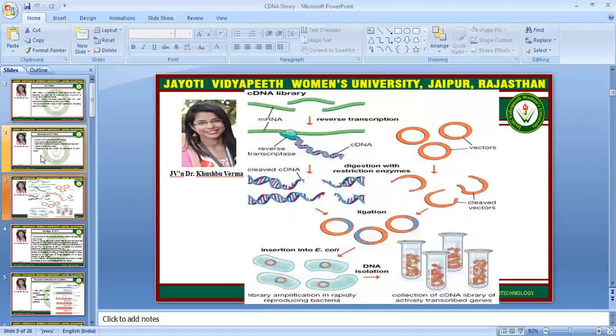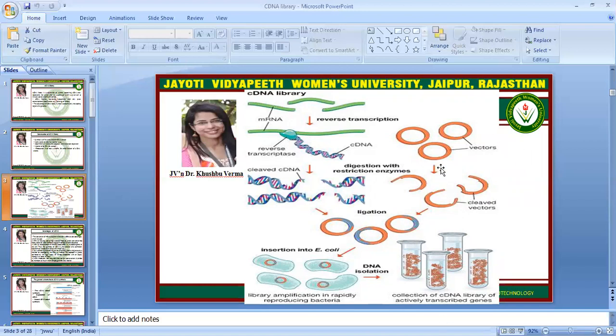This is the whole flow diagram where we can see the cDNA library construction. These are the messenger RNA. After the reverse transcription process, we can get the cDNA. This enzyme is the reverse transcriptase enzyme. We can get the double-stranded cDNA, and after the completion of cDNA synthesis, we can go for digestion with the restriction enzymes. It will create the cleaved cDNA